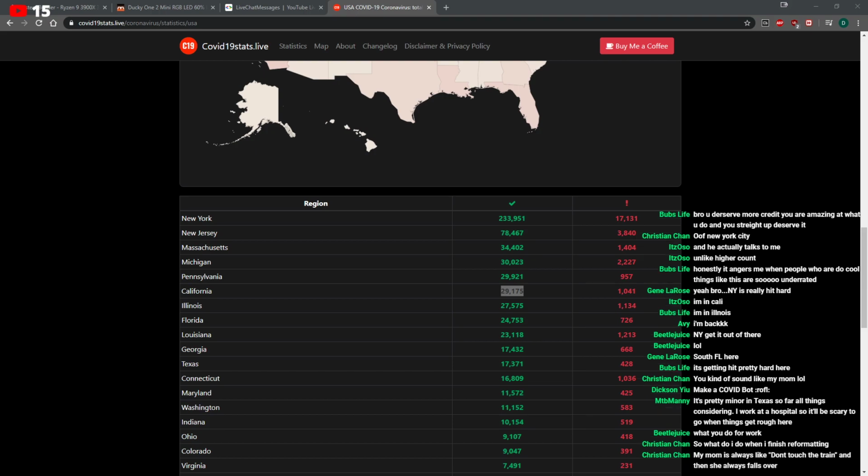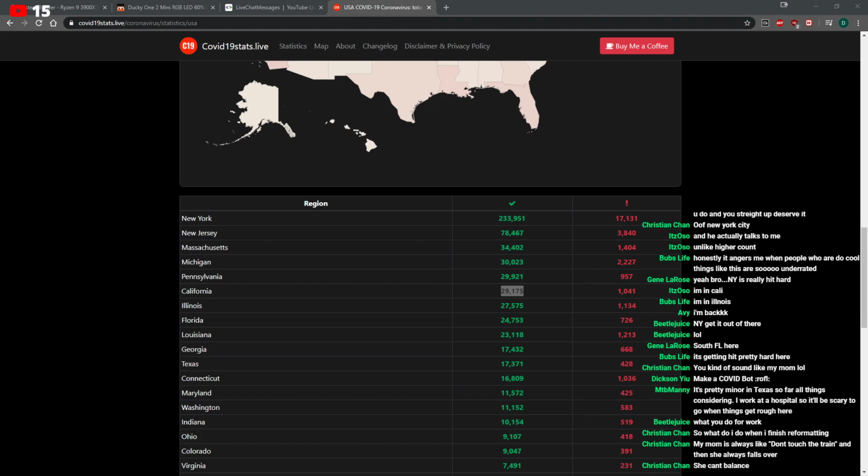So what do I do when I finish reformatting? Honestly, I don't know how long that's gonna take you, but when you do, just follow the tutorial that I have on my Discord hub. Like I said, Discord IO and Discord JS are a little bit different, so there are some things. Just make sure it works locally first, okay, and then you can deploy your bot.